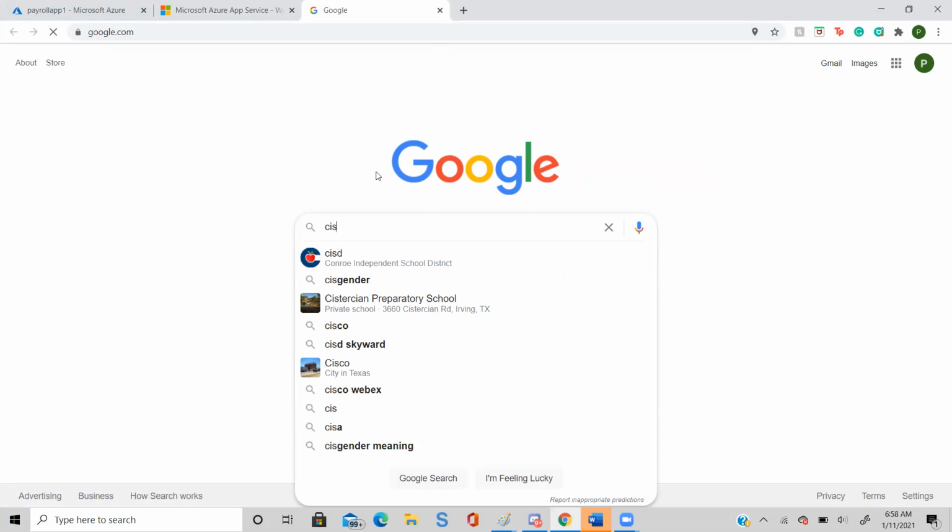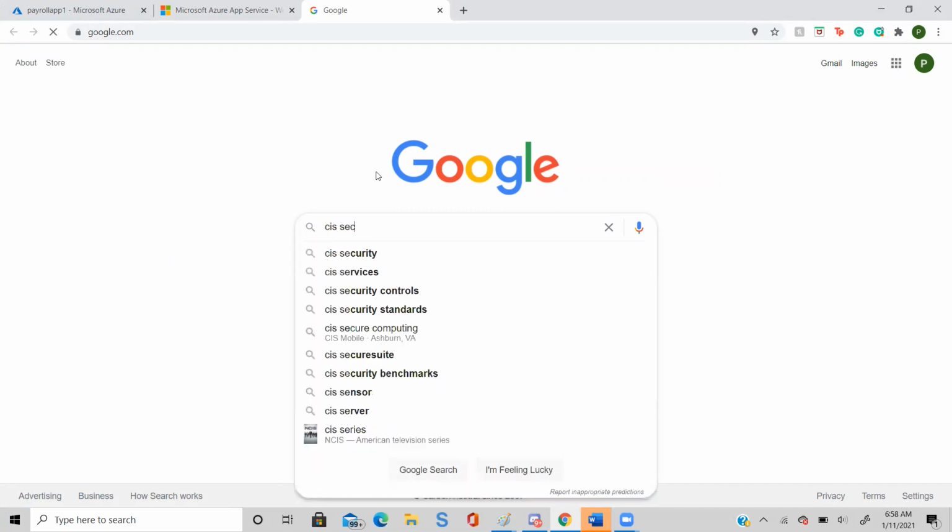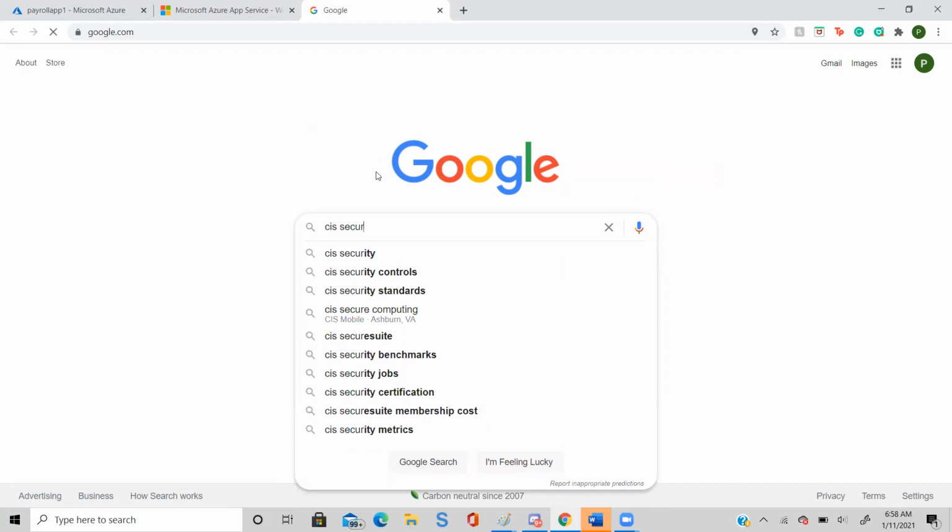CIS space security. Just click the second one. The first one, second one, third one, all are on the same website.